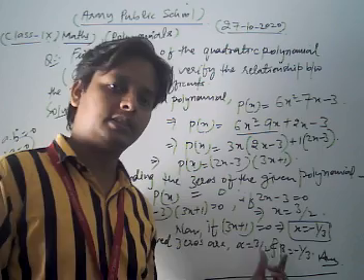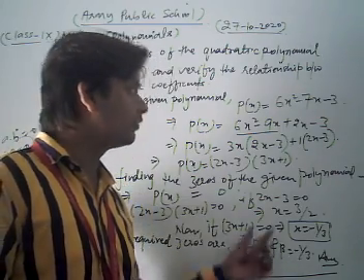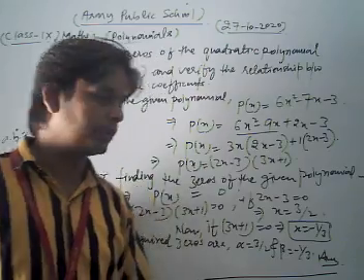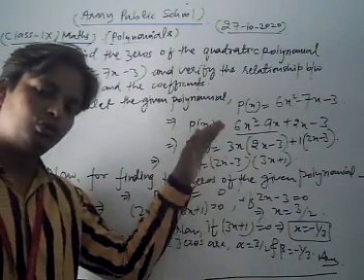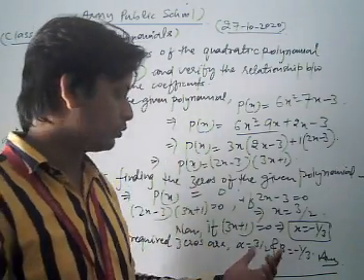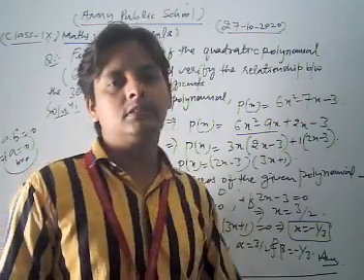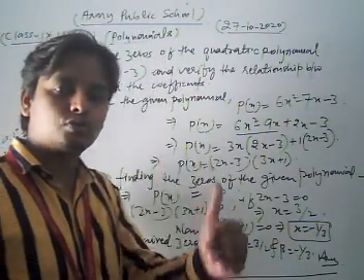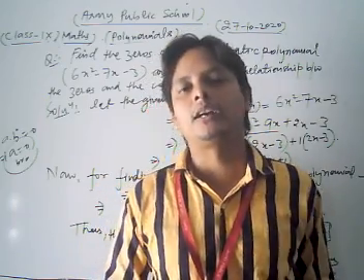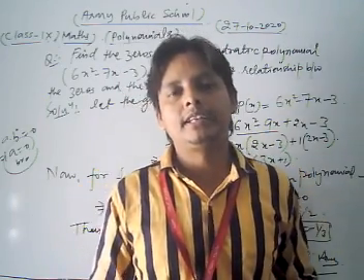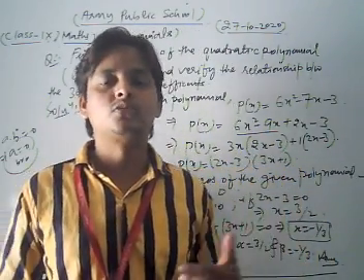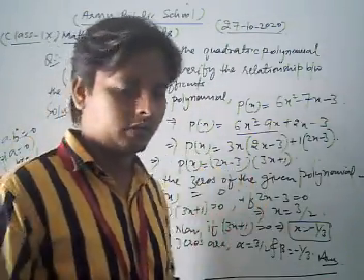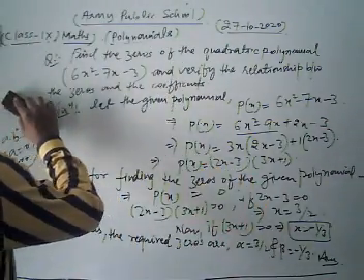Okay, dear friends, this is the first question. The first part of this question is to find the zeros of the quadratic polynomial. You apply that method to find the zeros of the given polynomial. Now in the second part of this question we also verify the relationship between zeros and its coefficients. So now we take the second part of this question and solve it. Let's see.